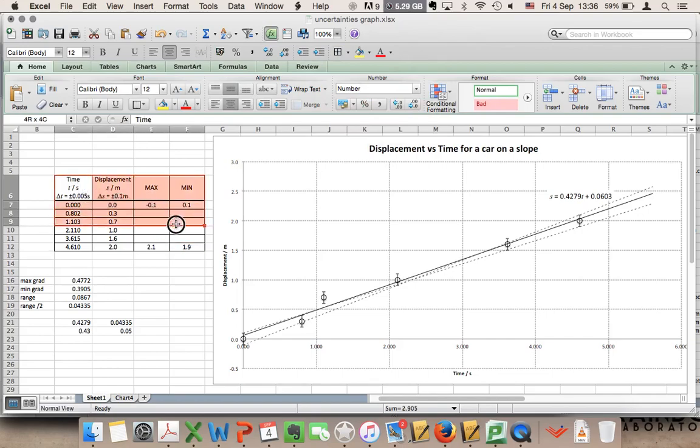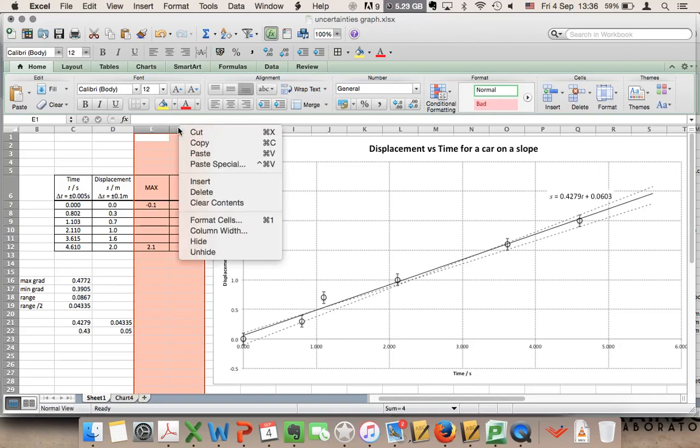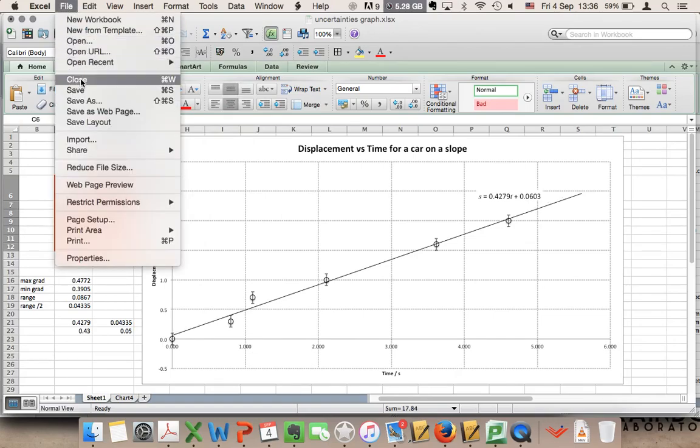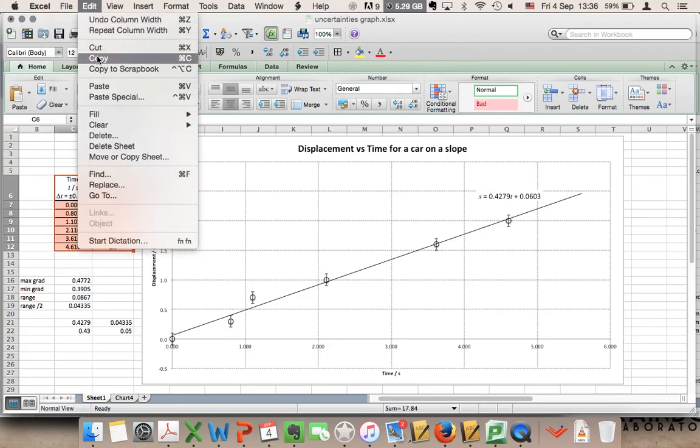All properly done, because you can delete these two columns. Well, no, don't delete them, but hide them. If you delete them, the data will disappear. So this is what you want it to look like in the final version. So file, edit, copy,